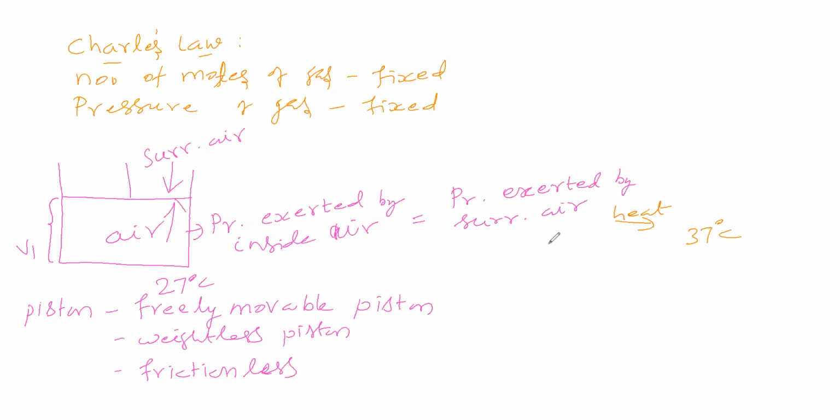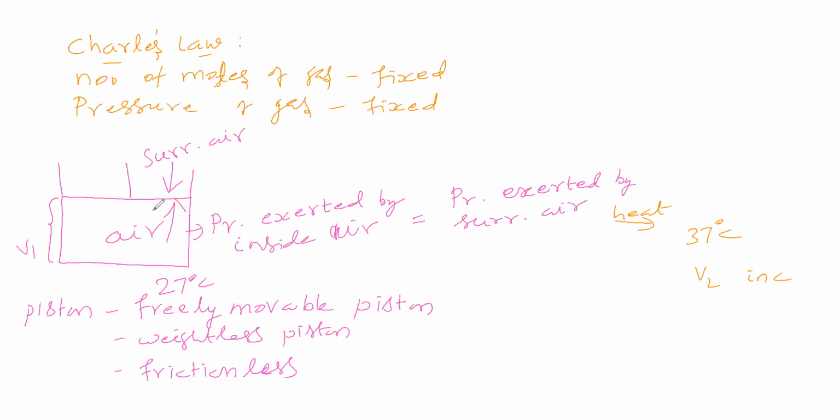Now we supplied heat, so the kinetic energy of these molecules raised. So molecules are moving fast. They are making multiple collisions on the piston. Because of multiple collisions, the piston will move up such that the pressure here and pressure here will be equal. The piston is moving up, in the sense, what happened to the volume? Think about it. Volume is getting raised, isn't it?